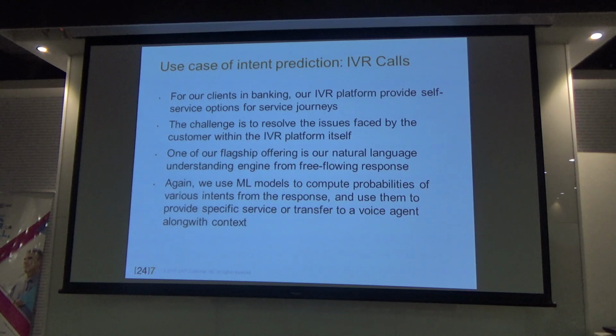In some cases, we proactively offer certain solutions. So, for example, let's say you have ordered something and then you are calling. Most probably you want to know the status. So sometimes it's reasonably certain why you are calling, and we do provide what we call proactive offers. These are what we can predict, and we are reasonably sure you are calling for that, and we just put it. And then we say, are you here for something else? In some cases, if the ranking of the intents is not that clear, we actually just start by asking. So it gives us both the flexibility of how we can do it.